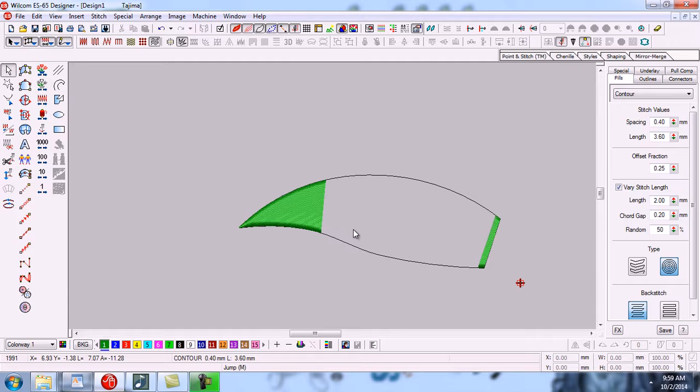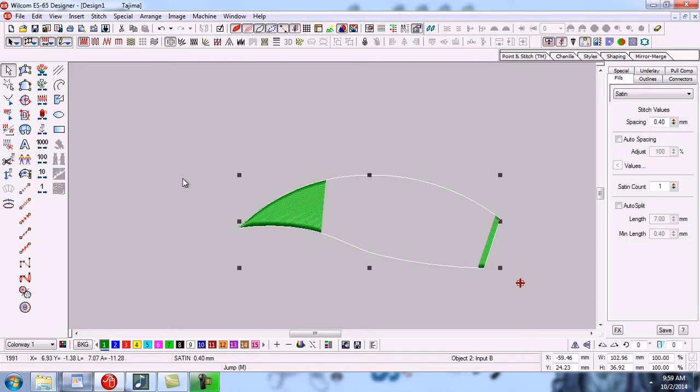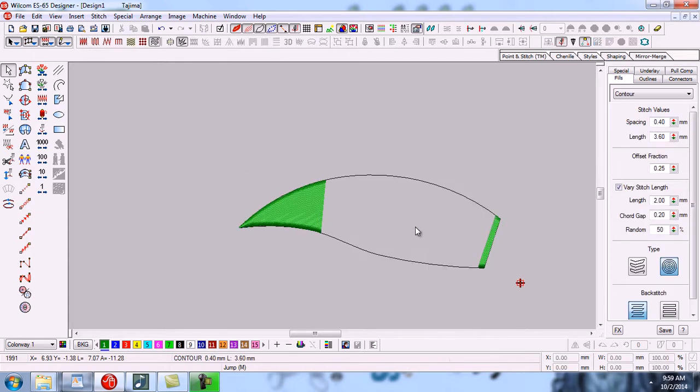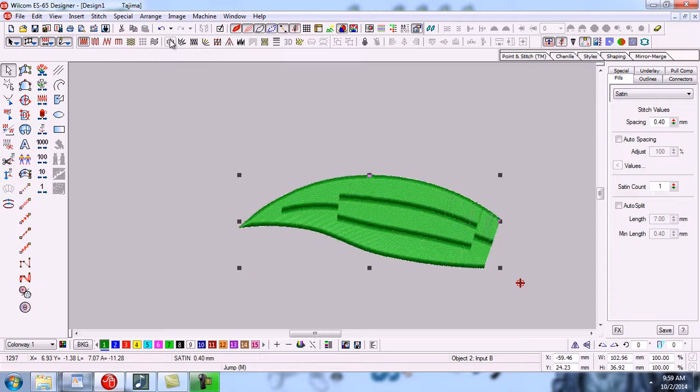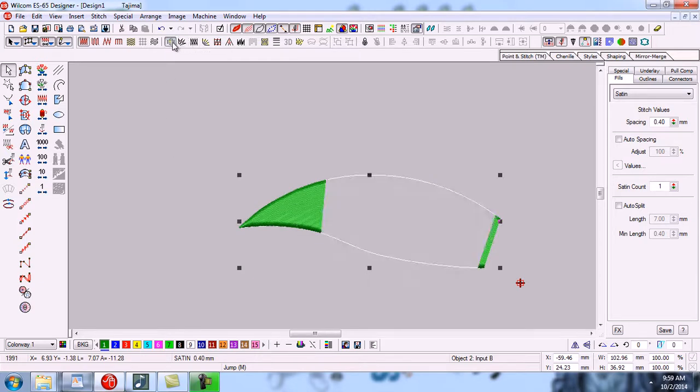So if we have any type of object in certain, whether you make it with input A or input B, complex fill or fusion fill, and its size is large and the filling is not completely filling, we can apply auto split on it, or we can apply auto jump also, or you can make your design with tatami.